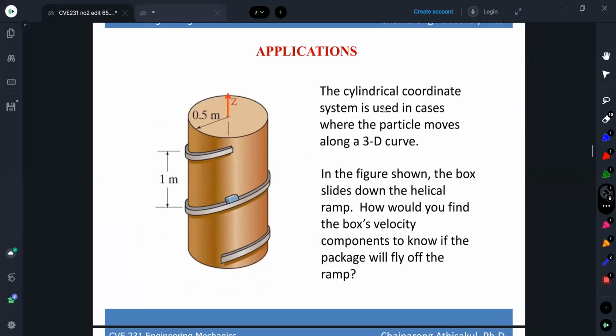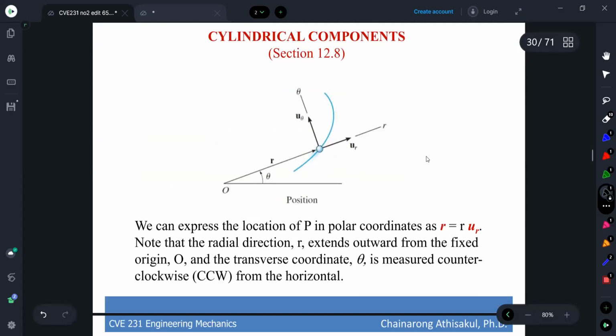The cylindrical coordinate system is normally used in cases where the particle moves along a three-dimensional curve. That is, we apply r, theta, z coordinates instead of x, y, z, and this may be more convenient for this case. So for in-plane motion, we use the polar coordinates r, theta. If we consider this picture,